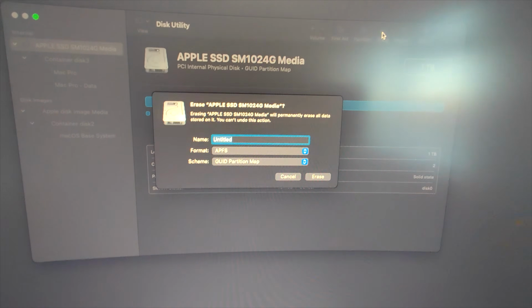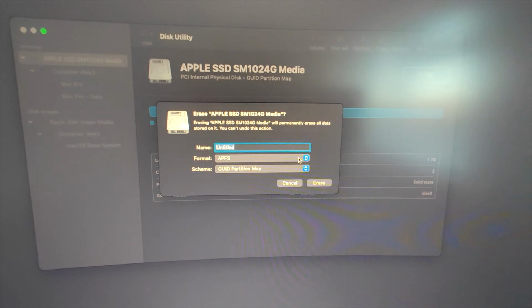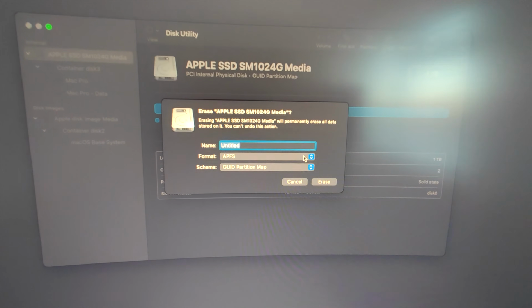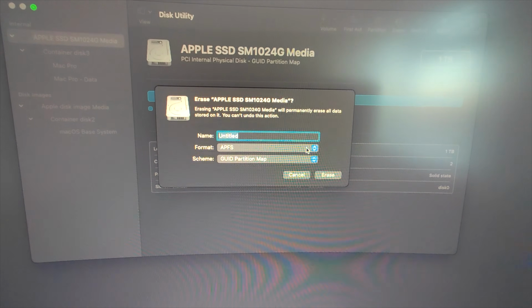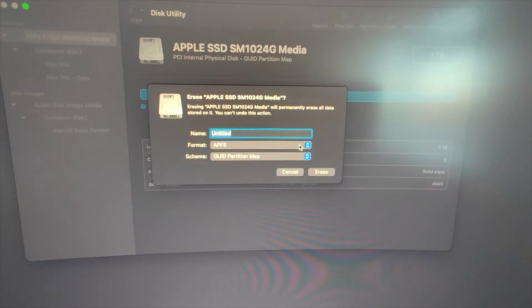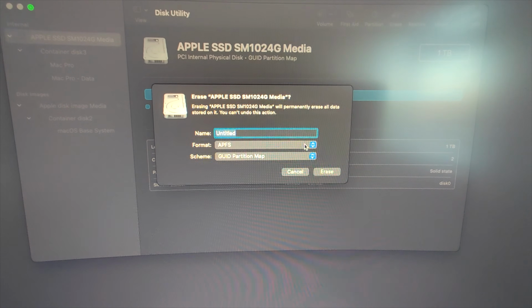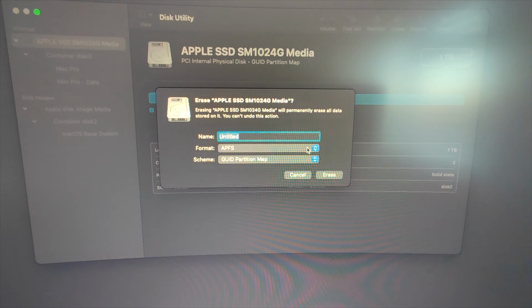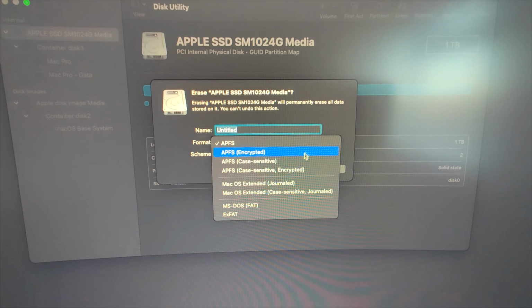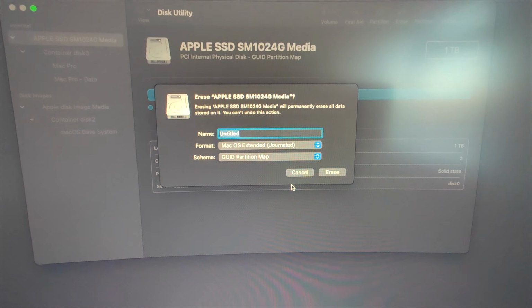Now, this is also very crucial. So APFS was introduced after, I believe, Sierra or High Sierra. If we reset this drive right now and we keep it as APFS, the earliest version I believe it will go up to is High Sierra. Now, if we change this to Extended Journaled,